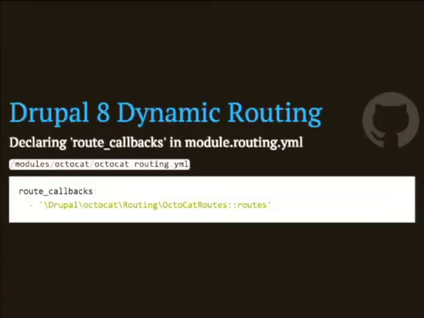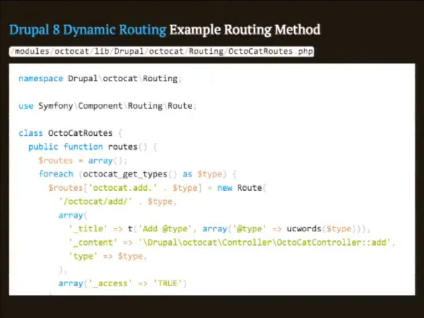Here we are doing the same thing in Drupal 8. In our routing file, we provide a route callbacks array, and we can have as many methods as we want assigned at this point. In this case, we just have one. We want to call the routes method on this class called AutoCat routes. That's just its namespace and the method that I want to call. And that's all I need to do. Then when we look at this actual file,